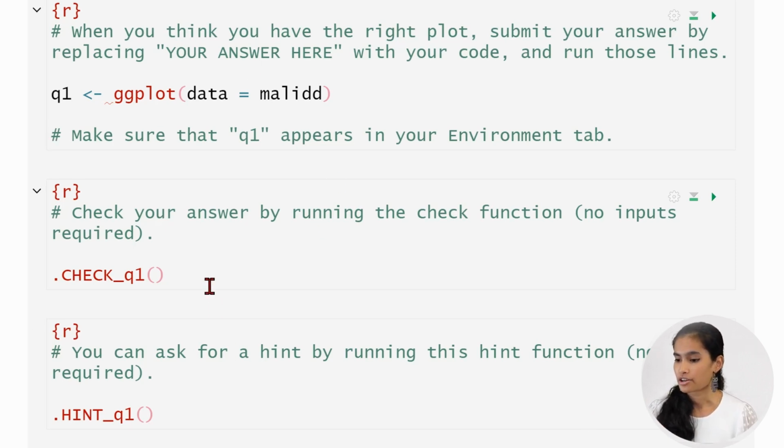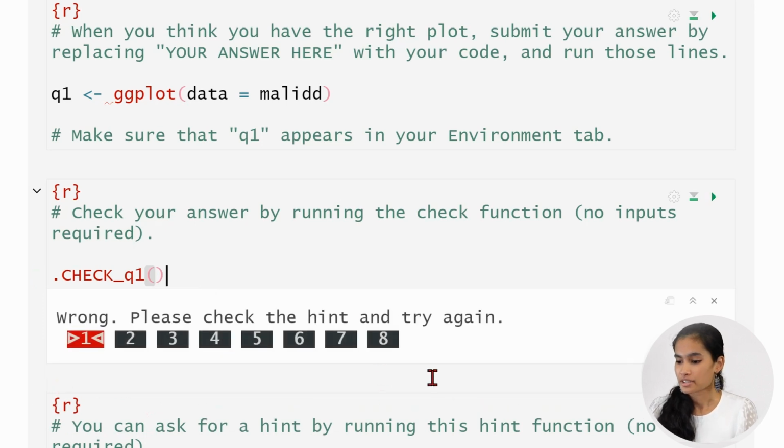Once you have that, all you have to do is run the check function that corresponds to that question. You don't need to put any inputs in it. Just go ahead and run that, and it will tell you if your answer is right or wrong and print out an answer. So it's telling me, as I expected, that my answer is wrong and I need to try